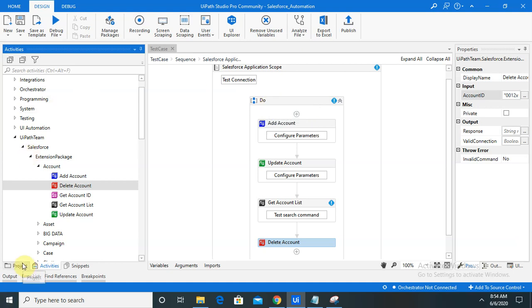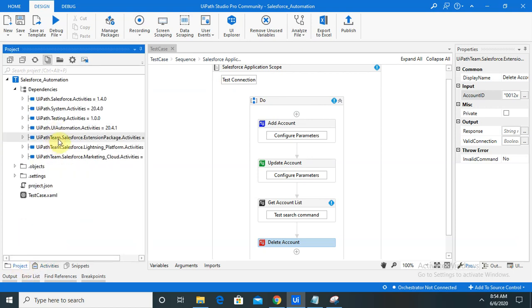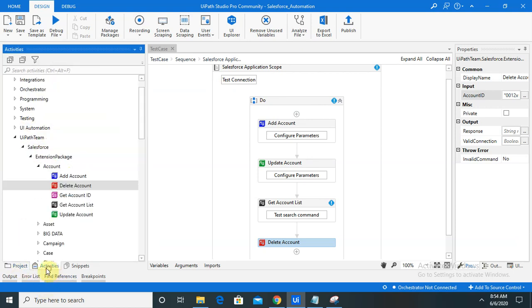Then we will need these three activities to be installed so that we are able to see Salesforce activities in my activity panel. For adding any account in Salesforce, use add account. For updating any account, use update account.